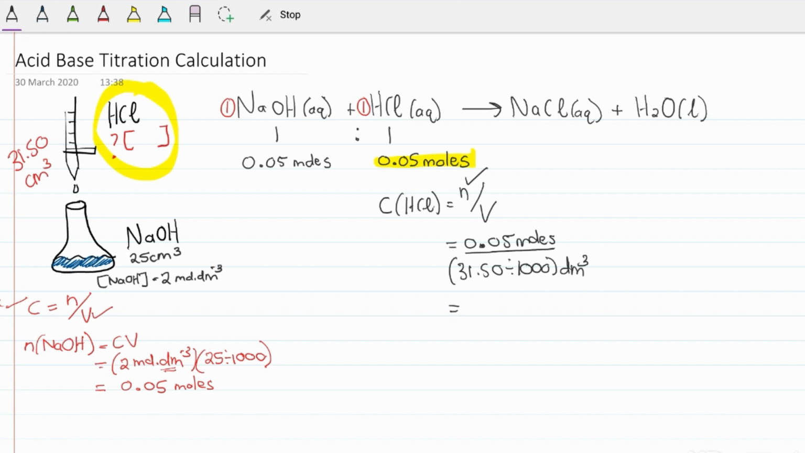I'm just going to quickly grab my calculator. 0.05 divided by that, and that's going to give me a concentration of 1.587 moles per cubic decimeter. Alright,